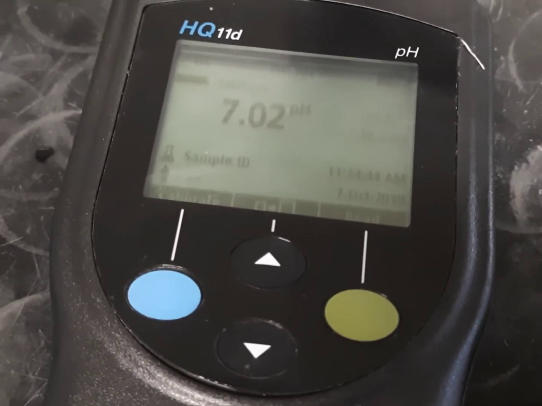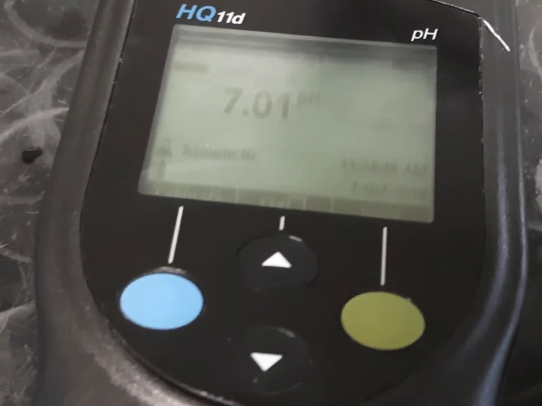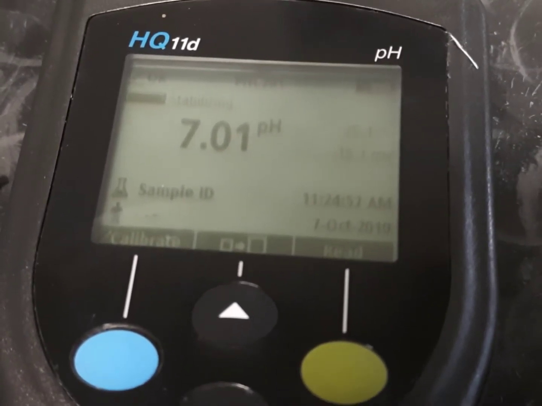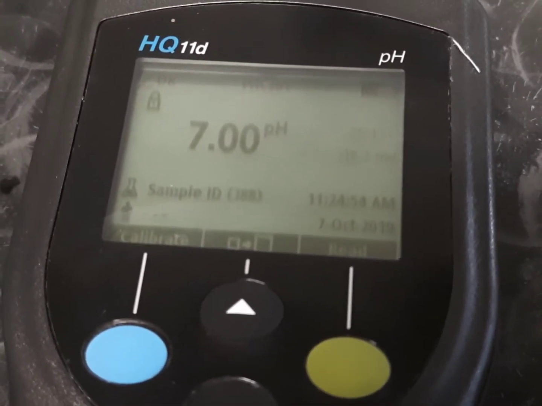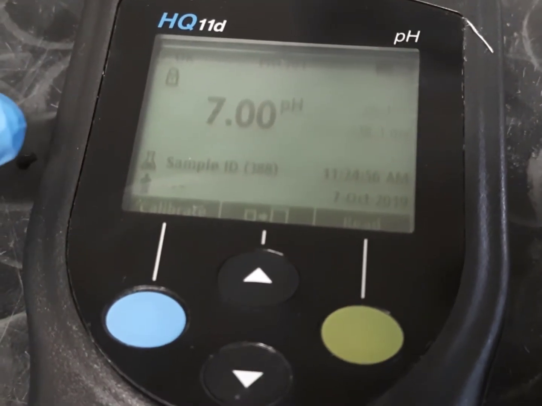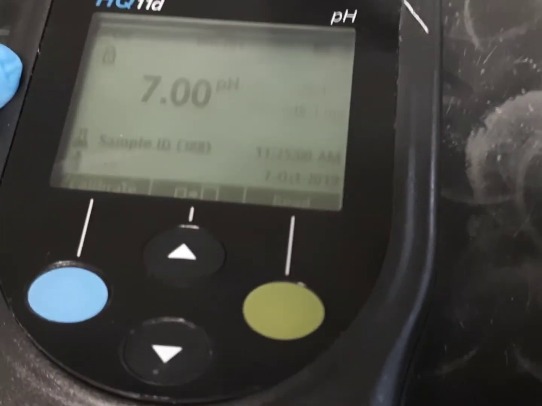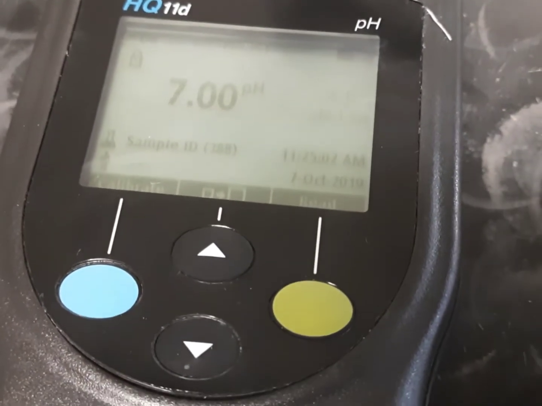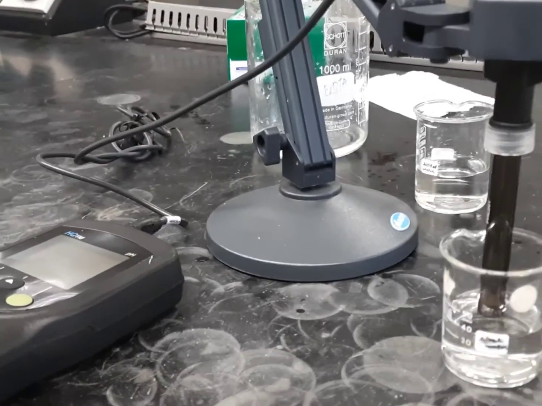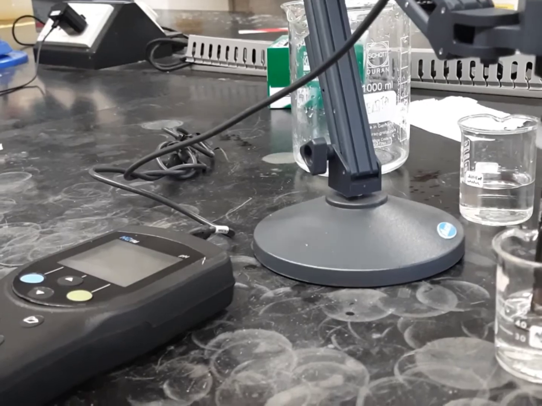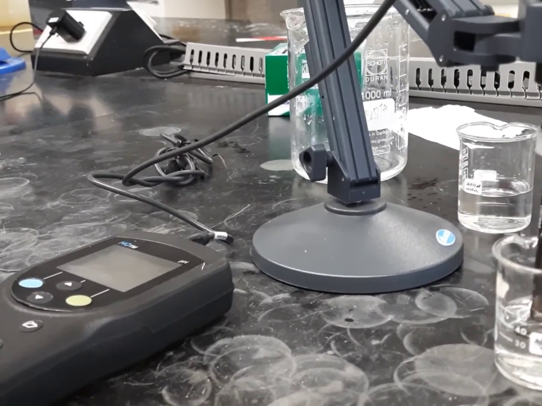And we have to wait for the final value. Now it's 7. The pH of the river water is 7. That shows that the liquid is neutral. That's how we can measure the pH of any sample or any water, and we can know the acidity or alkalinity of the water sample.